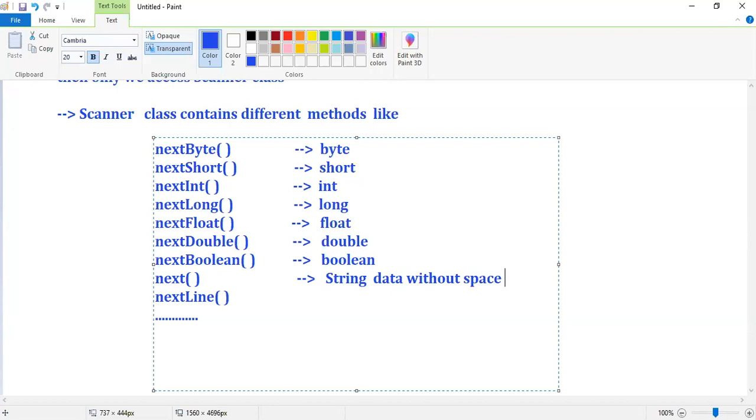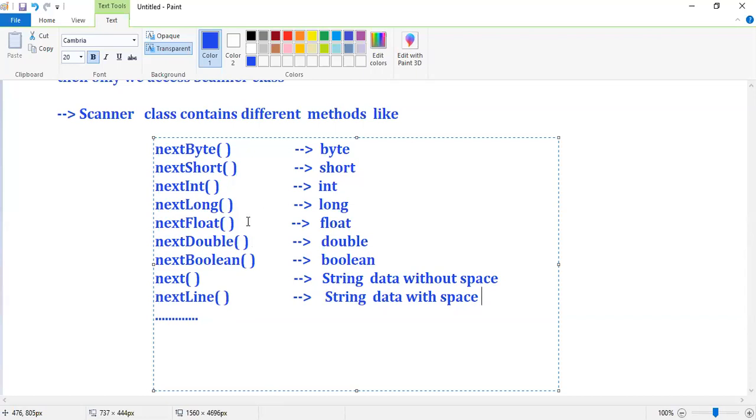If your string has a space, it never takes it. The next method will take without space. No sir, I have Shiva Kumar, and the space is also available. If you want to take including space, then go for nextLine, string data with space.